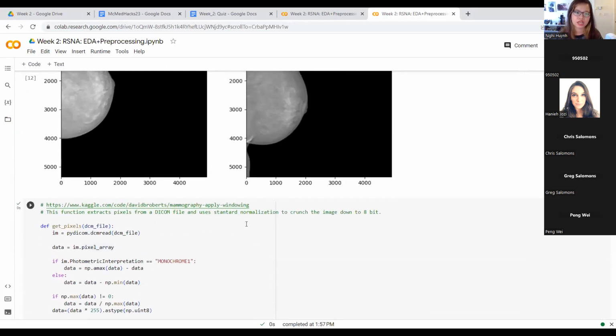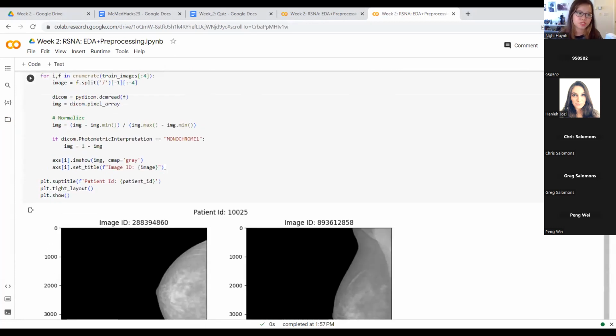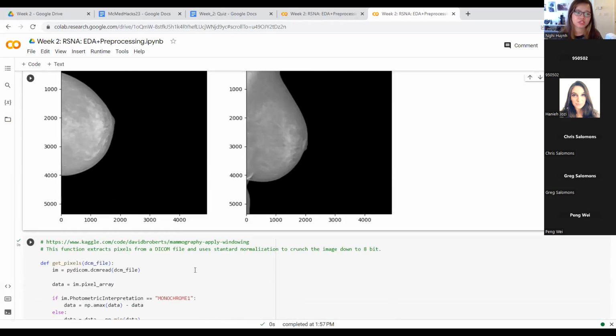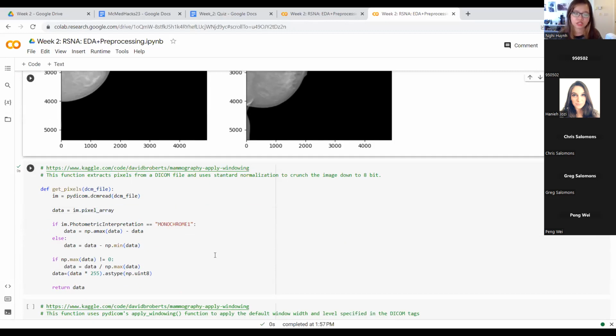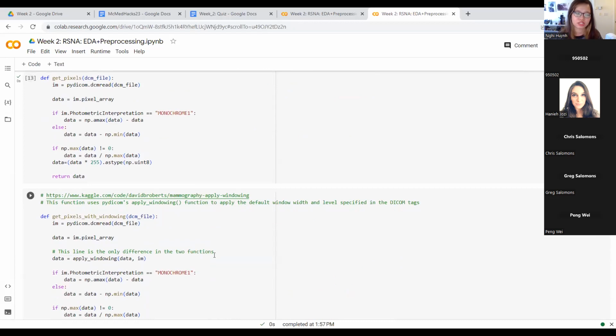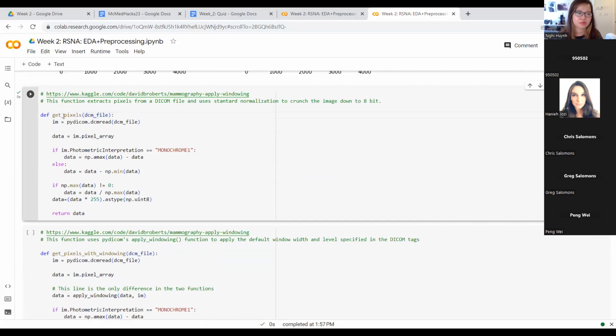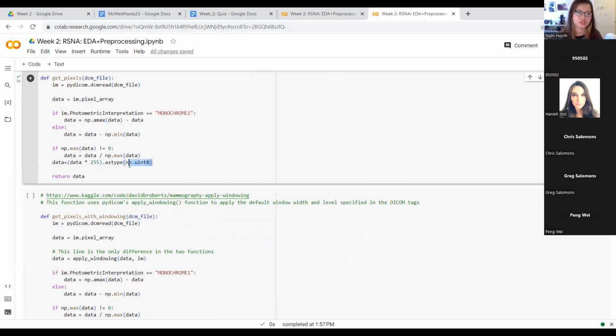Okay, next, you want to group those lines into a function so that you can better use it in other classes or in other methods. So I group it here into this get pixel function, and this function extracts pixels from a DICOM file and uses standard normalization. The standard normalization I talk about is just to divide it by the min max value of that pixel data, and then you convert it to the